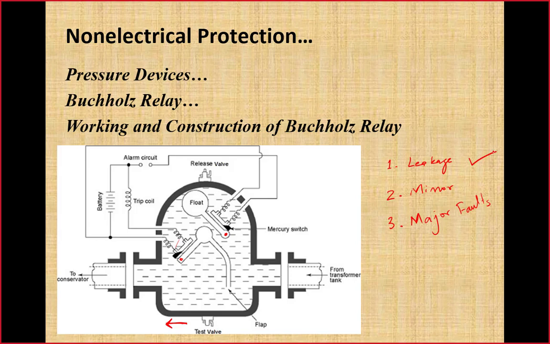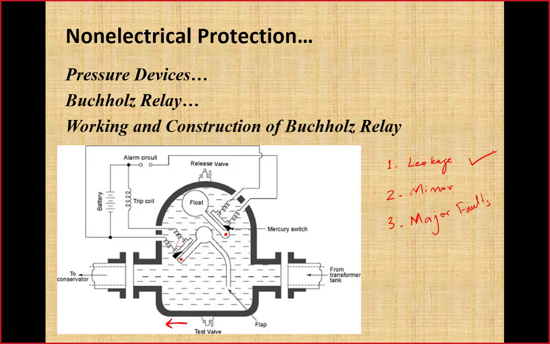That damage to the insulation could be damage to the oil, which means slow decomposition of oil. Second, it could be damage to the wood insulation, so that will also decompose the wood, or it could be paper or cloth insulation. Whatever type of insulation we have used in the transformer will start getting decomposed due to the high increase in temperature. Due to their decomposition, gases are produced. But remember, there will be no pressure wave because this decomposition is at a much slower rate.